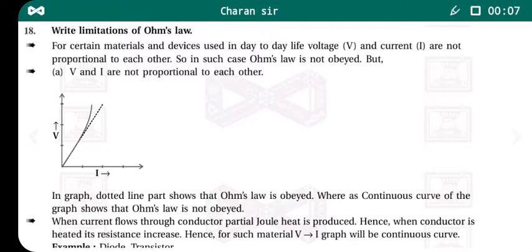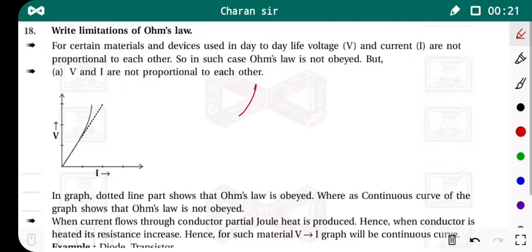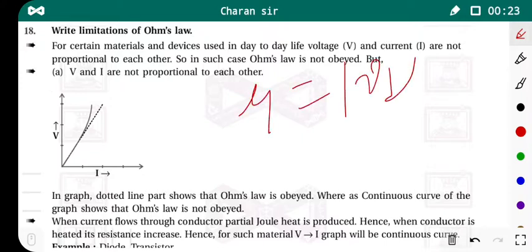Hello everyone. In the previous video we discussed mobility. So first of all, let us revise that. What is mobility? What is the equation for mobility? From the equation, mu is equal to the magnitude of Vd divided by E, that is, the electric field.